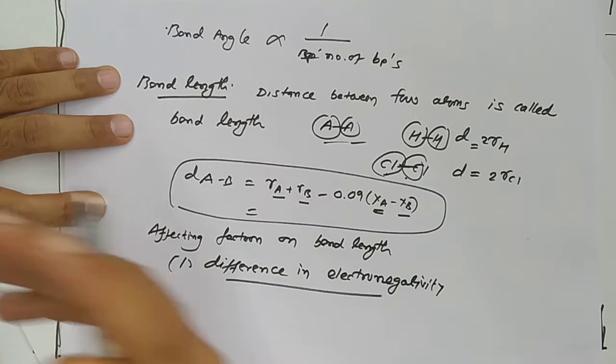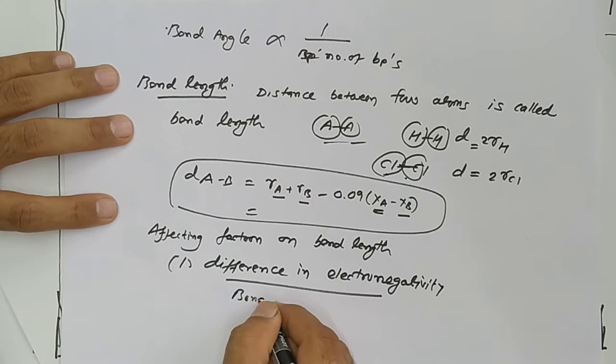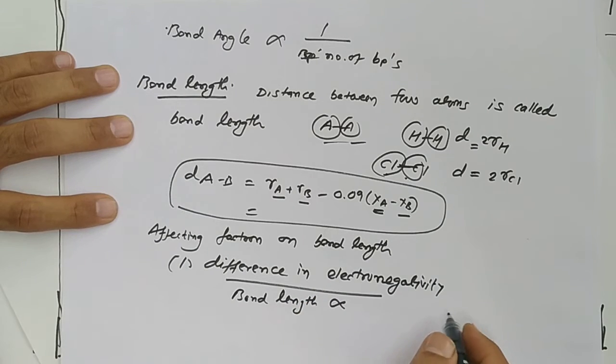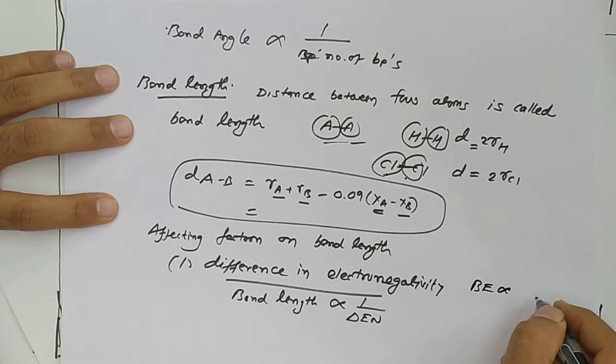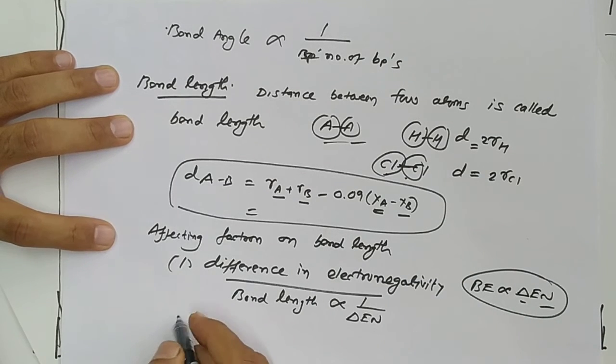Bond length is inversely proportional to the difference in electronegativity, whereas bond energy is directly proportional to the difference in electronegativity. You can see in the case of HF,